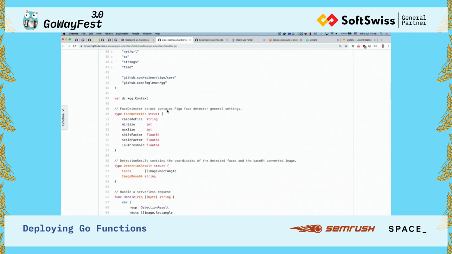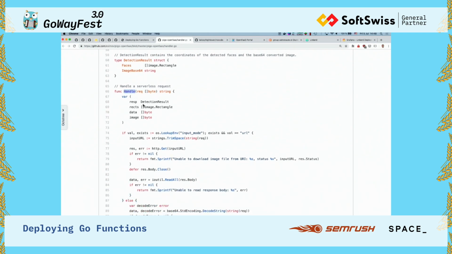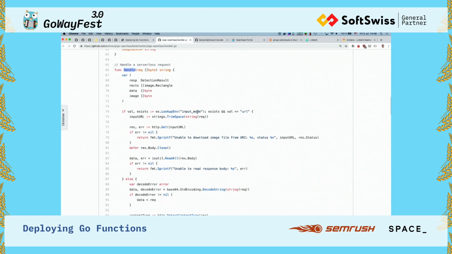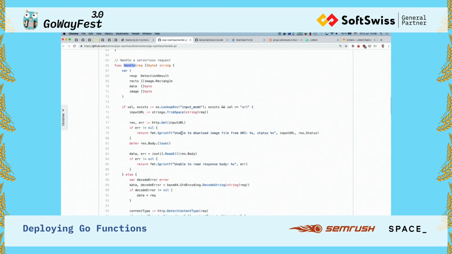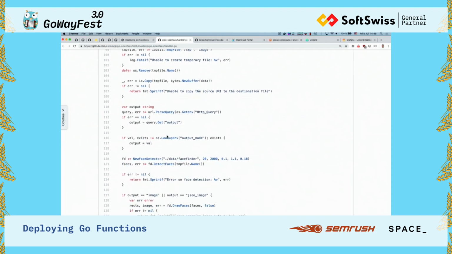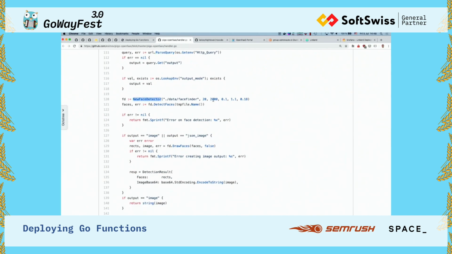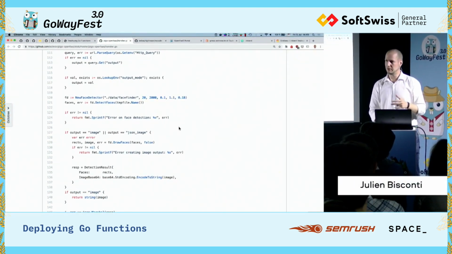And if you look, most of the code here is mainly just how do I process that byte stream that I receive. So you see the handle function, I have some parameter. If I get a URL, I go fetch that URL the same way I saw that. Here, I remove the temporary file. I parse the query if I have some. Here, new face detector. And here are some parameters. So if I had to modify that code, it wouldn't take me so long to understand and adapt it to my needs. This is what, in a matter of minutes, you can get going,